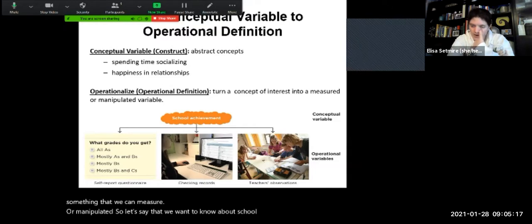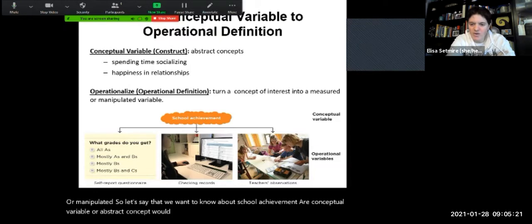Our conceptual variable, our abstract concept, would be school achievement. And then we could operationally define that by: do you get A's, mostly A's and B's, mostly B's and C's,